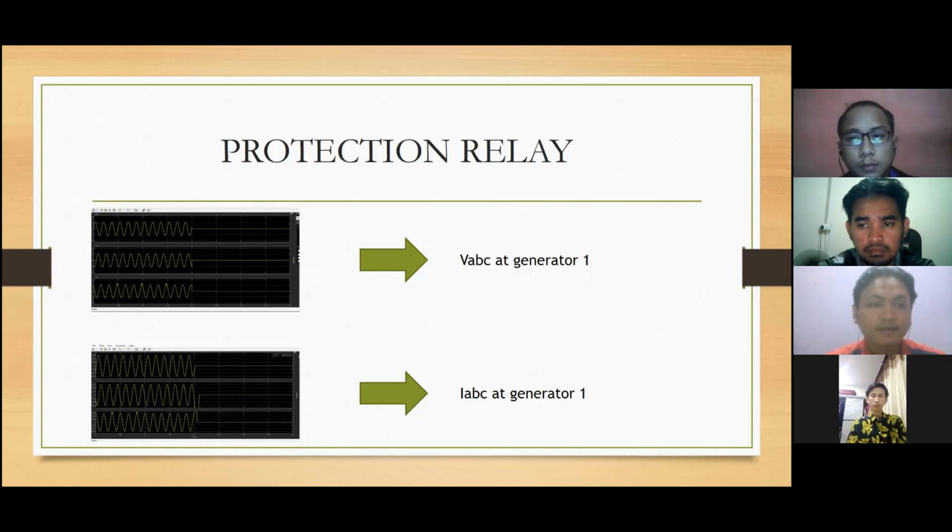After relay operation, generator 1 was separated from generator 2 and the load. By rapidly clearing the fault with the assistance of the quick-acting protective relay and the related circuit breaker, the damage to the equipment is minimized, and the resulting hazards such as fire are mitigated, reducing the risk to life by removing the faulty portion.